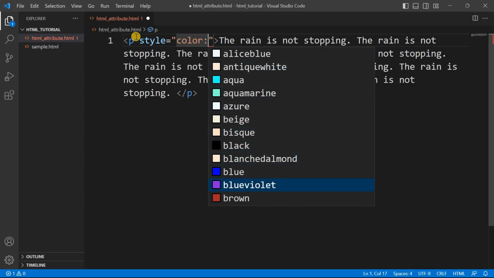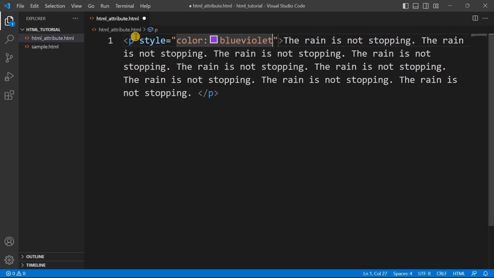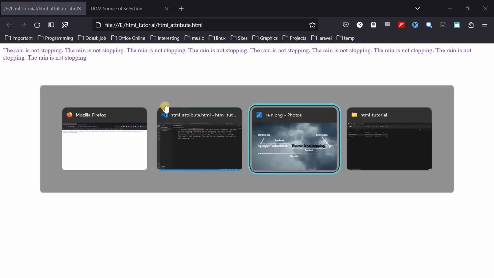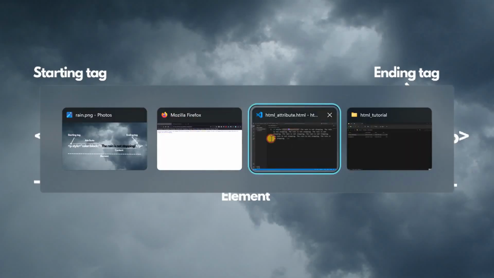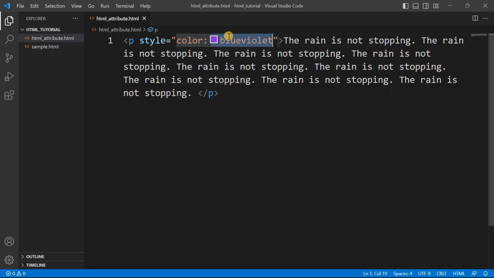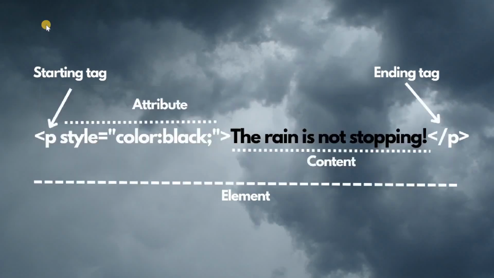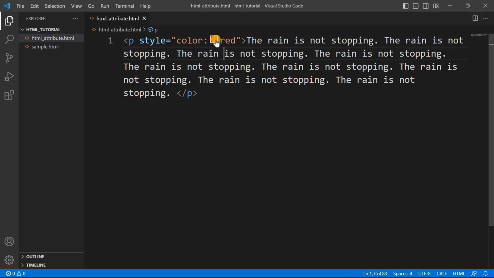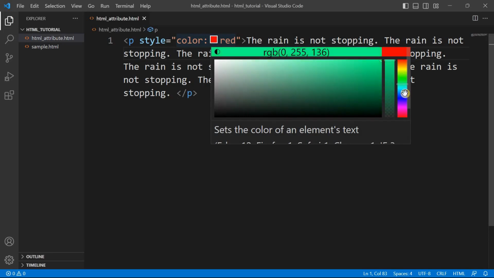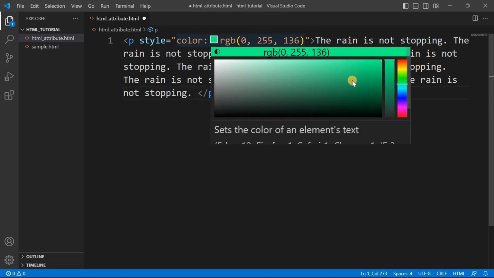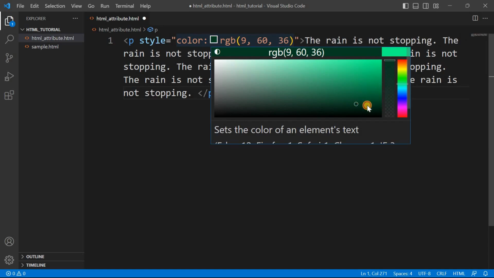So this is blue violet. I have taken it and then try to check the result. And again we want to change the color, so I'll make it red. Okay, reload. And also there are other ways you can change it. If you hover over, you can change it from here. And also you can keep it like this, or you can change the value here, the blackness or whiteness. You can change it